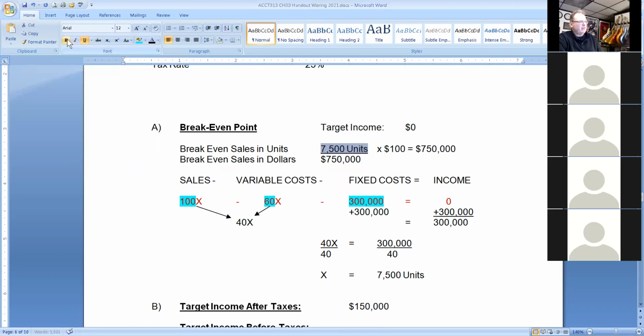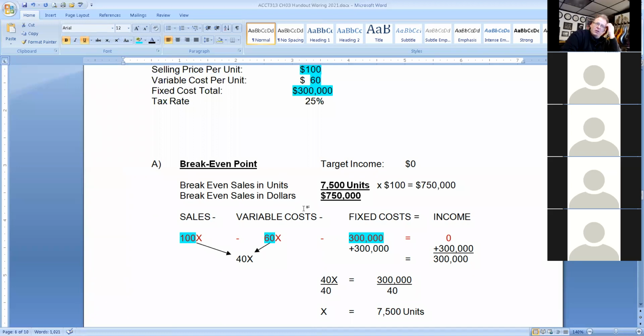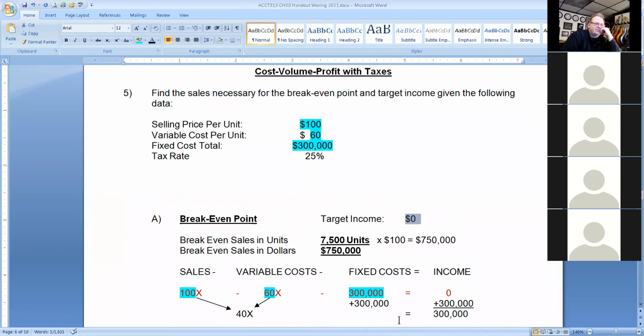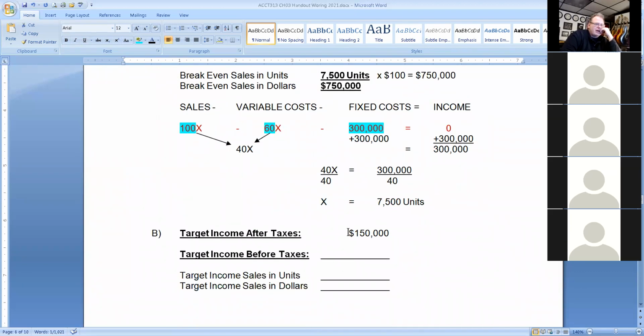Okay, so our break even would be, and this is exactly the same we did before. The reason being, again, that if you're making zero income, you're not going to pay any taxes. So taxes aren't going to have any impact on it. Okay, now here we have our target after tax income is 150,000, and we have to convert it into